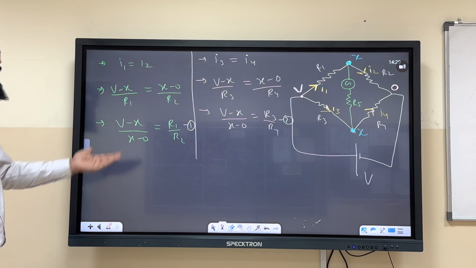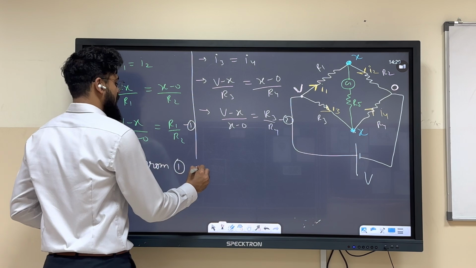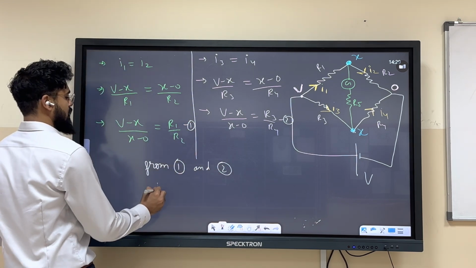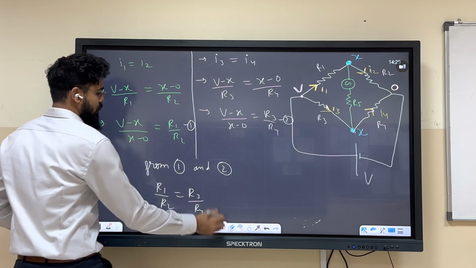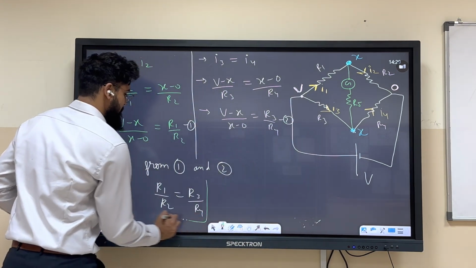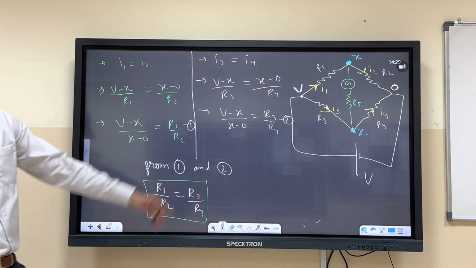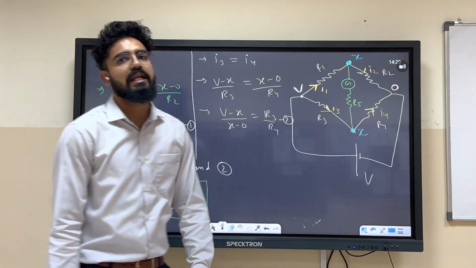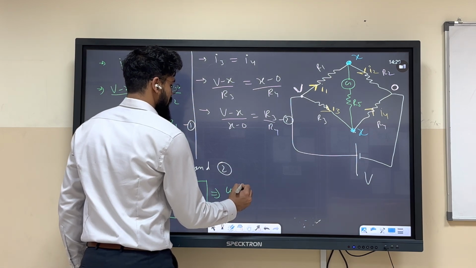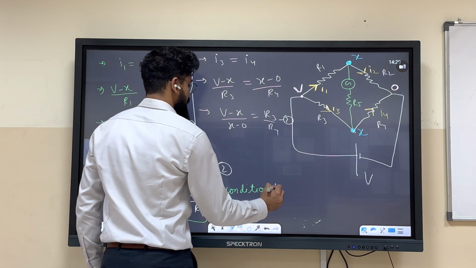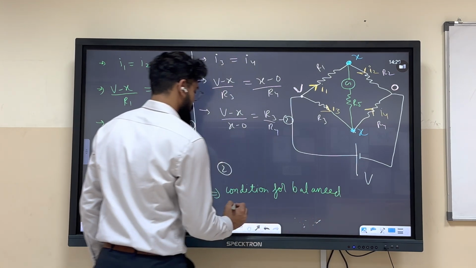Now you can see clearly, you have two equations, from equation 1 and 2. From 1 and 2, can we get R1 upon R2 equals R3 upon R4? This is the condition for a balanced Wheatstone bridge. Okay? So this upon this equals this upon this, then yes, it is balanced. Condition for balanced